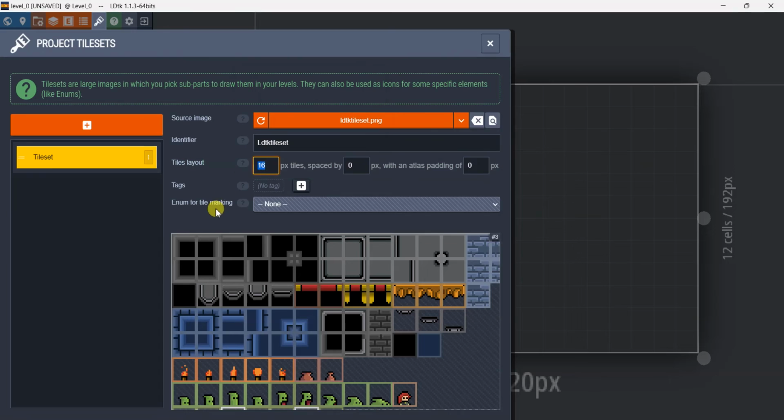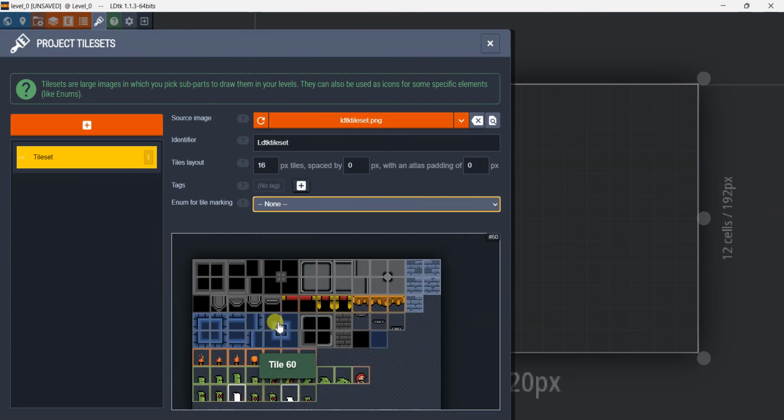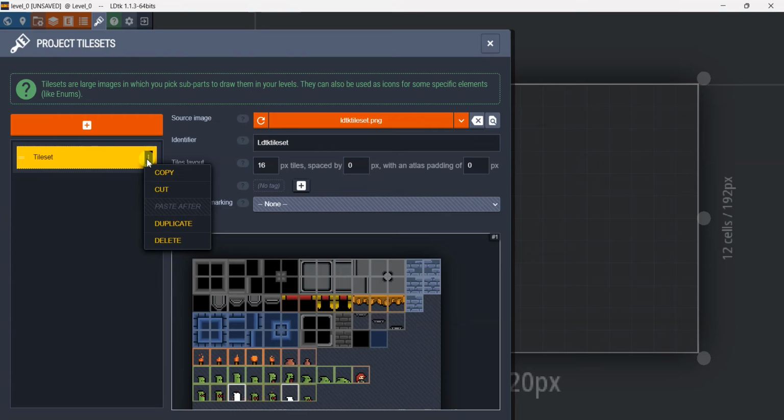Tile set, here is the layout. This doesn't have any tag or any enums, just the tile set itself, and this tile set can be used for all the level 1 or level 0. Okay,